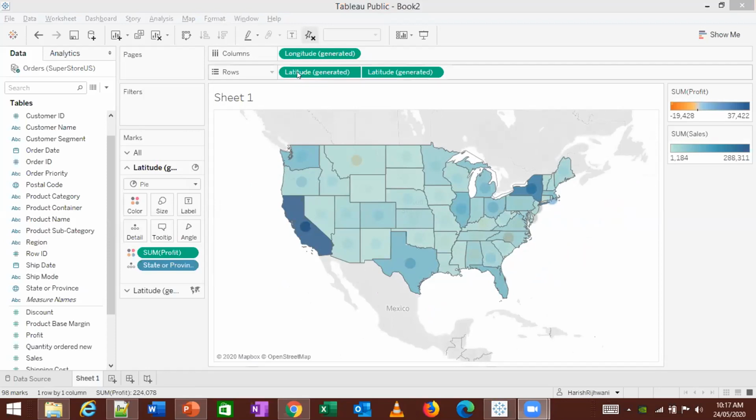Anybody facing any specific issues? Are you able to get this? We did this yesterday, not on this data but something else.